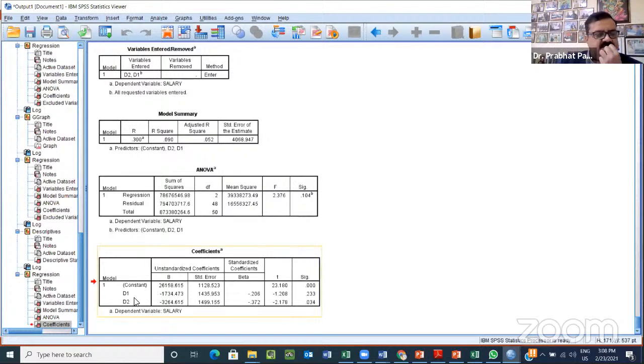So the beta coefficients are called differential beta. That is the first thing we have to understand. Why it is called differential is that they represent the difference between the reference category and the category we are talking about. Here the reference category is West, and the differential beta for North is minus 1,734. So it says that the teachers on average in North are getting 1,734 less in comparison to West. That's what this beta says.